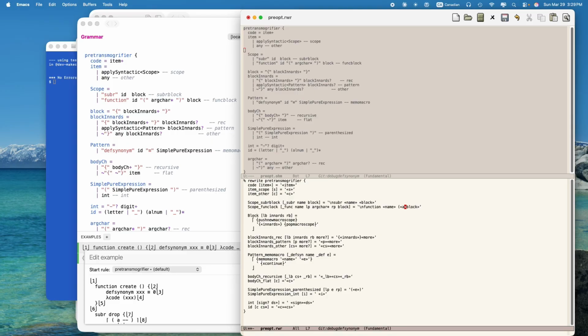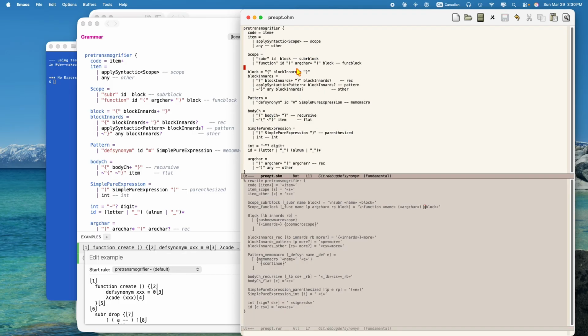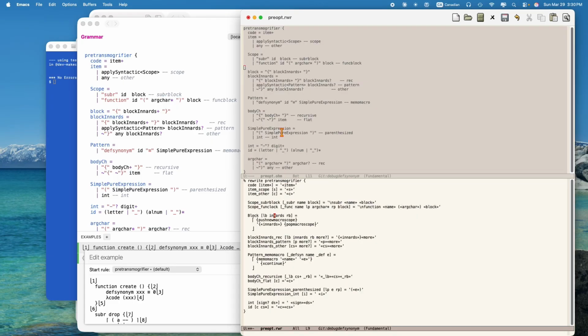We put in the arg chars as is, and then the block. I think we go down to block, big block is now little block,